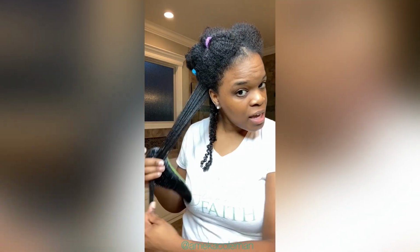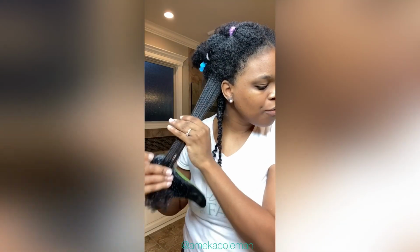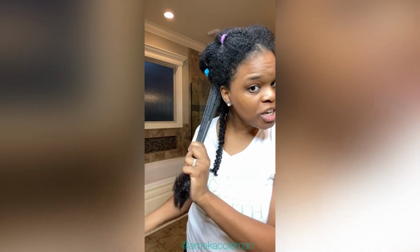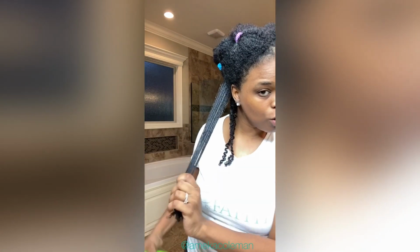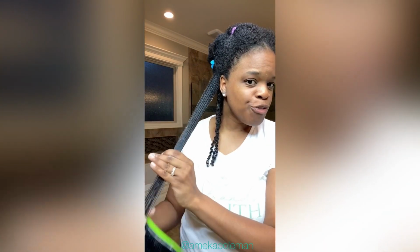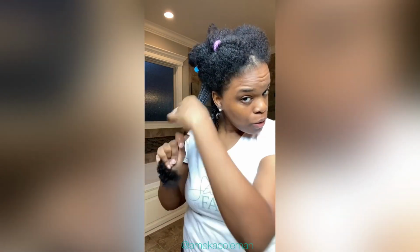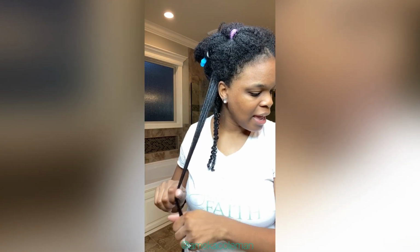Now, I did want to say, the custard is not a gel. So to me, I don't think the hold is as strong as a gel. But different people get different results. I've had people tell me that the custard provides a strong hold. I've heard that it provides a medium hold. For me, it provides a light to medium hold. So it's not like super hard, but it's not like